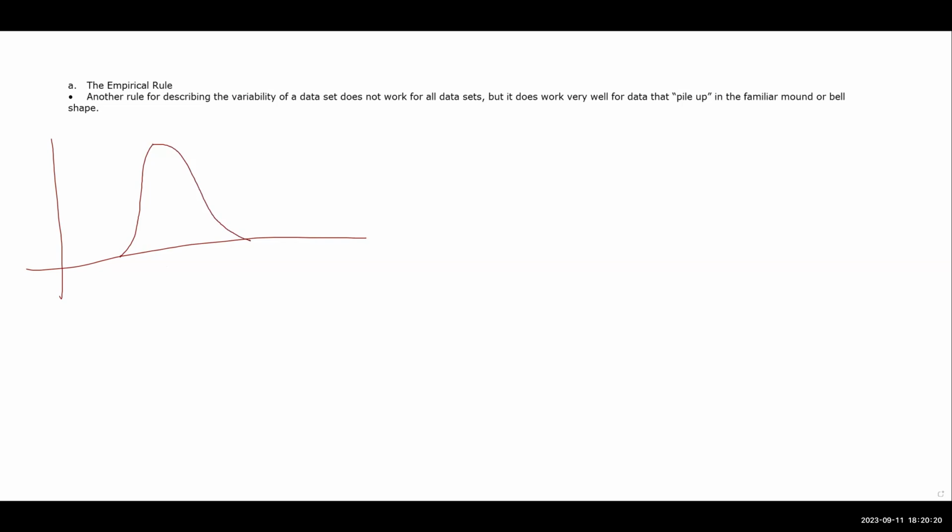So if you have this type of situation, the empirical rule says the following. 68% of data is within